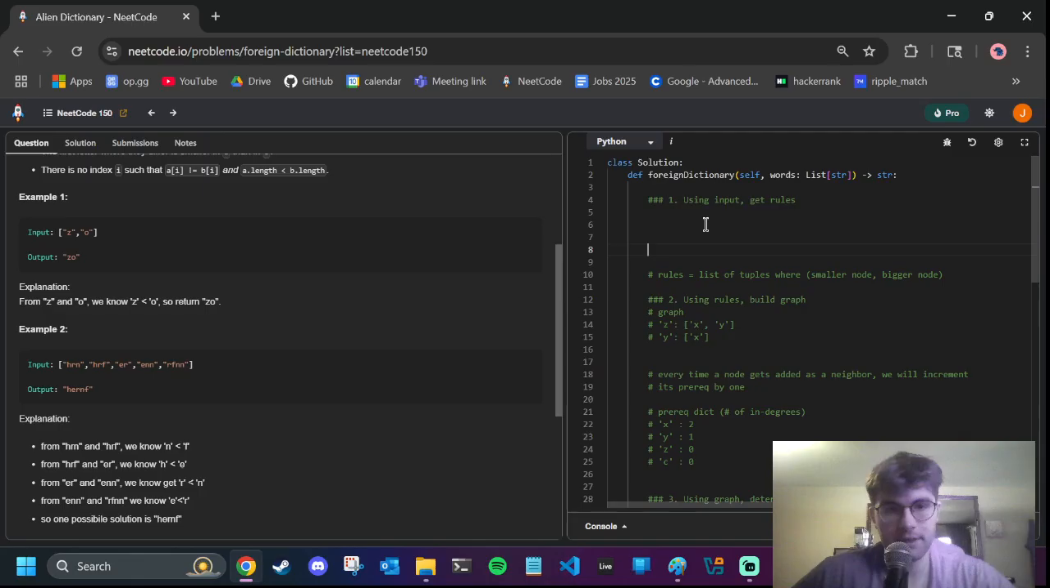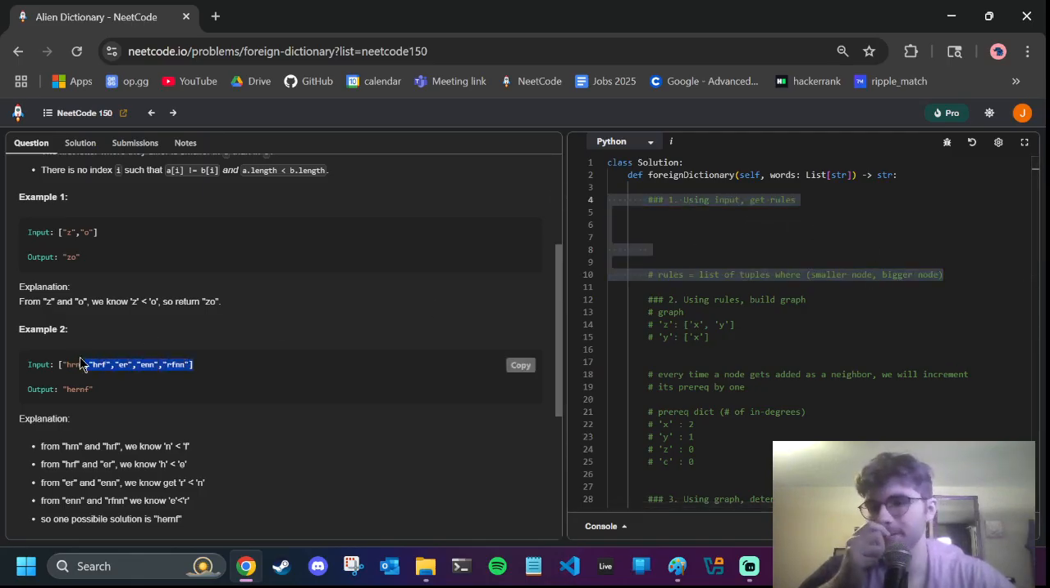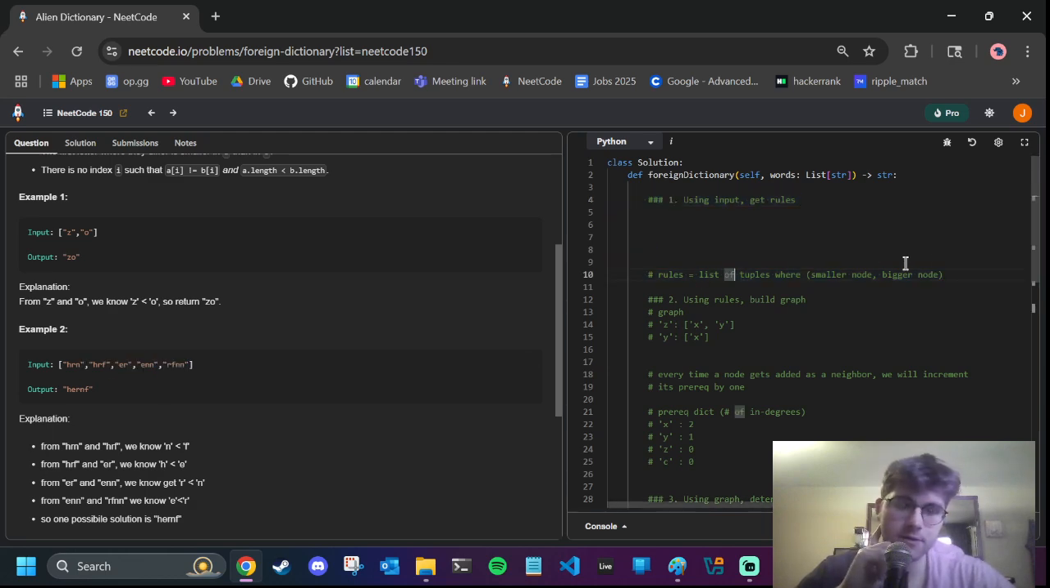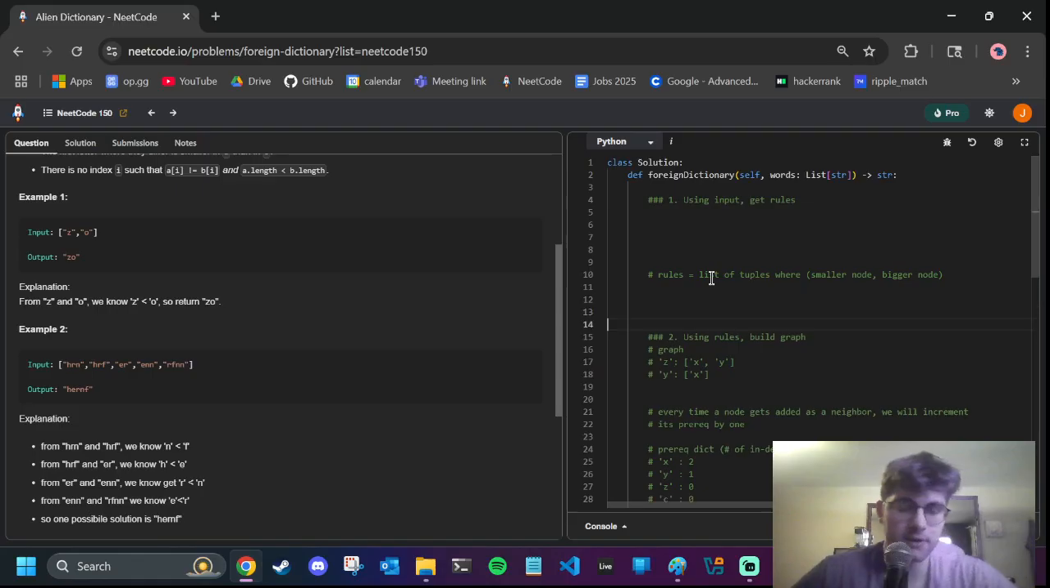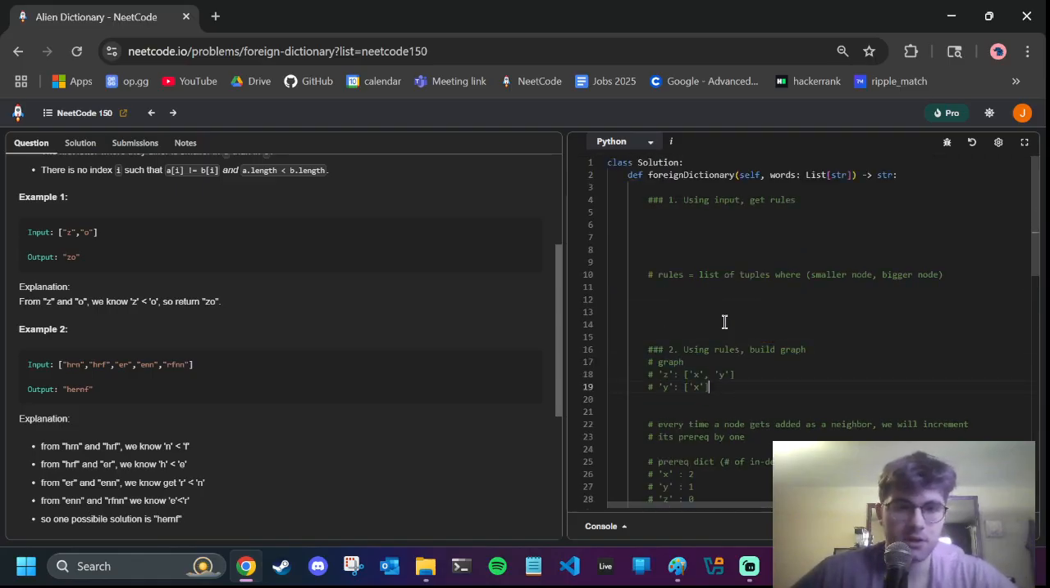Alright, so how are we going to get these rules? So now this is kind of a sub-problem. Given this input of sorted words, we have to return rules. So that's kind of the sub-problem. And then, I could probably turn these into functions. Okay, so how would we get the rules? Well, I think what we do